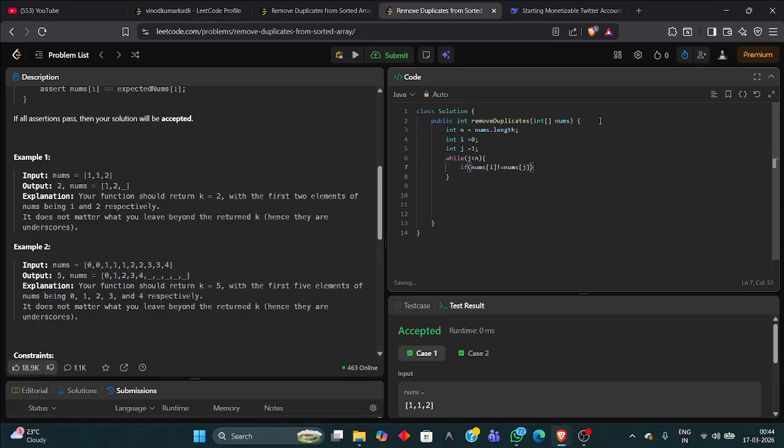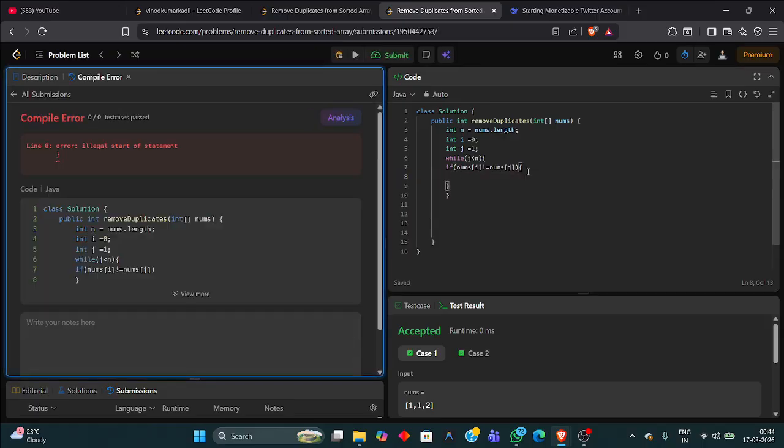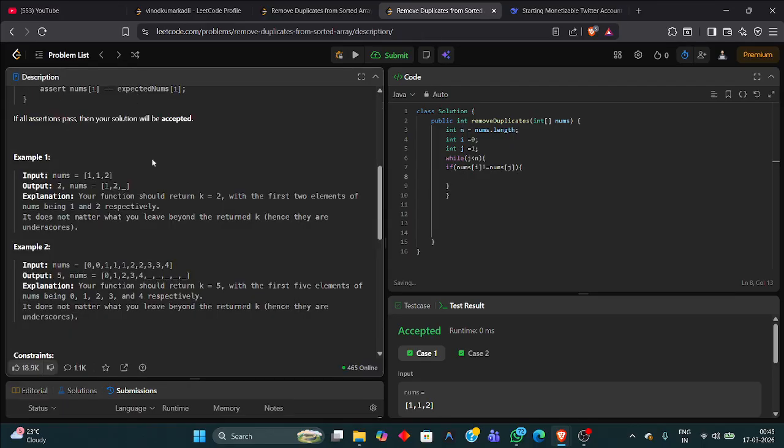If the elements are not equal, we conclude that the elements are unique. So we should increment i and place that unique element in the position of i.